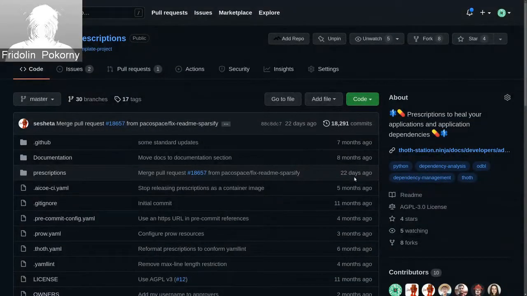Some of these pipeline units are implemented in Python code. In that case, the resolver needs to carry the corresponding Python implementation that adjusts the resolution in some way, but some pipeline units can be declared using prescriptions. So prescriptions is a concept that is brought by Thoth resolver,